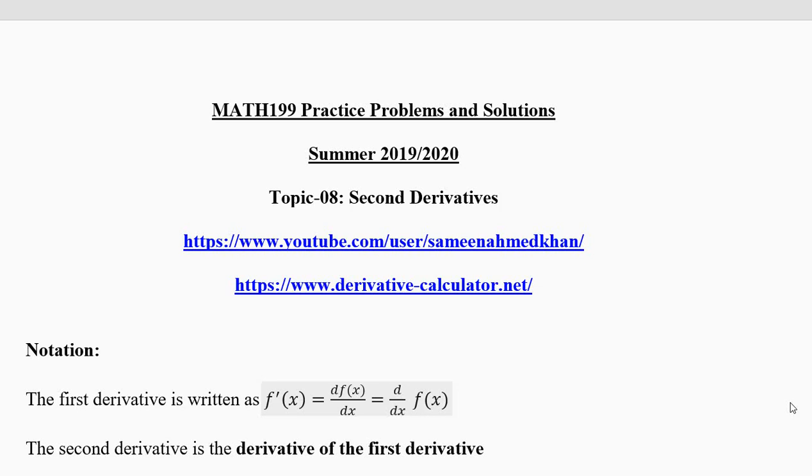Now you can cut an apple into two parts, half plus half. Then you can take the half apple and cut it again: quarter plus quarter, 1 by 4 plus 1 by 4. The same thing happens in the second derivatives. Take the function, differentiate it one time, get some answer, which is the first derivative. You again differentiate it, it becomes the second derivative.